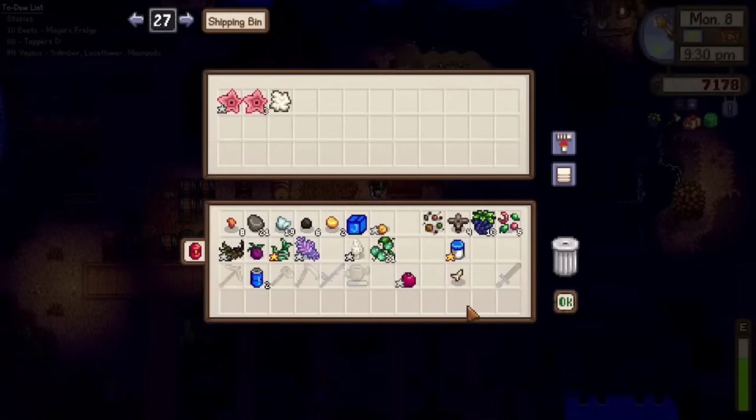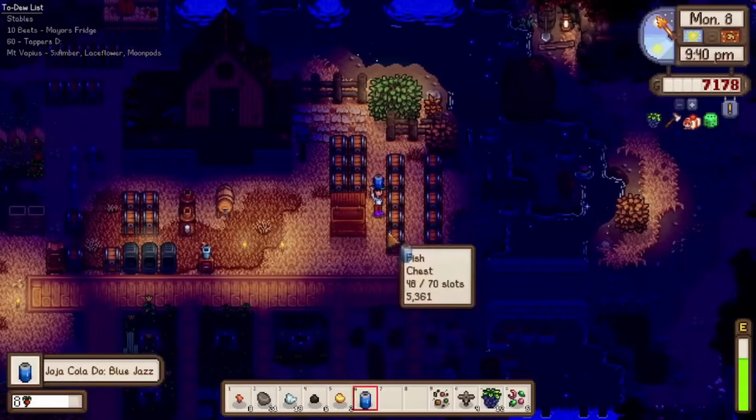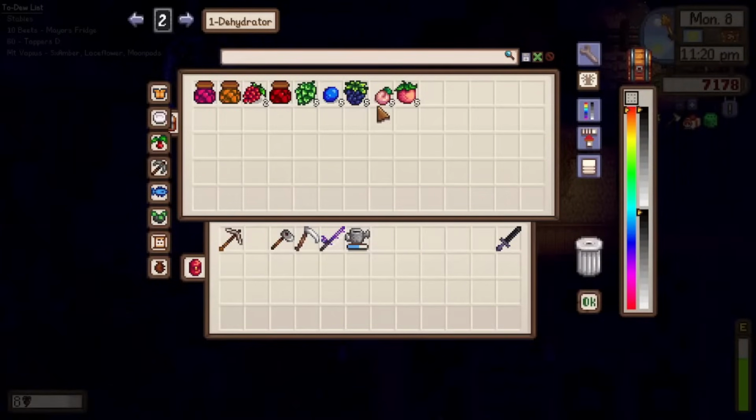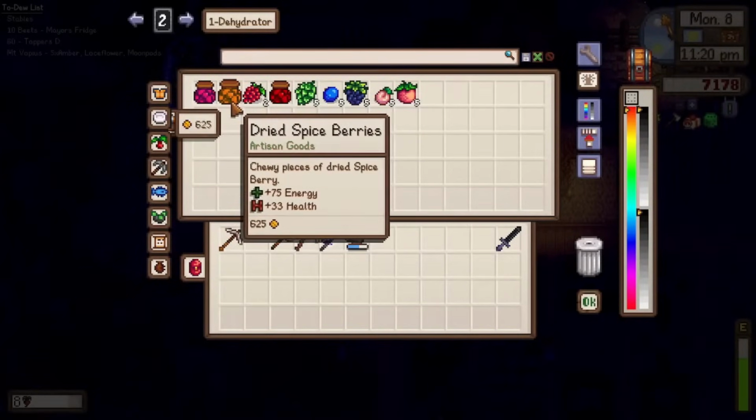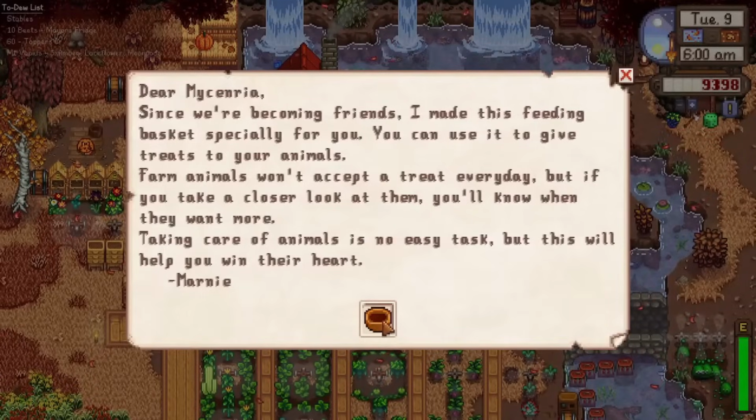The wool we found at Marnie's was shipped off, and a new cola called Blue Jazz was added to the Forever collection. And after setting up a few items in a chest to get dehydrated later, we headed on to bed. Marnie had left us a feeding basket in the mail overnight, which will let us give treats to our